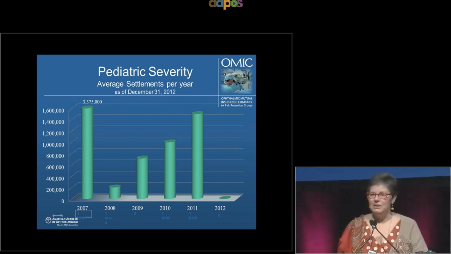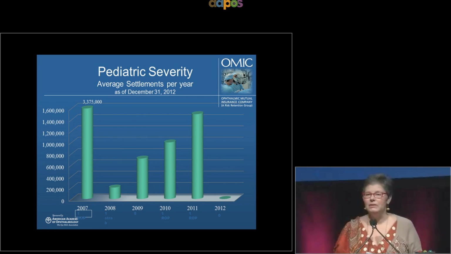But if you're retired and you lose vision in one eye, you've not lost income, you don't necessarily need a lot of extra care, you can still take care of yourself. So pediatric cases are just going to be more expensive. It doesn't mean that pediatric ophthalmologists are more negligent or have more problems in care. So you really can't draw any conclusions from the amount of money other than kids are more expensive and more sympathetic.